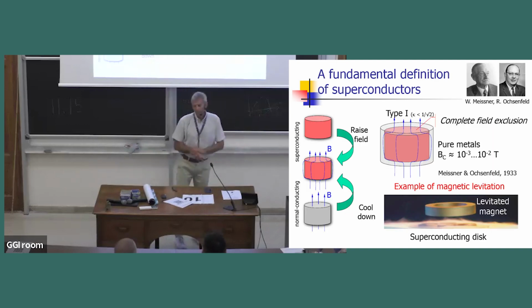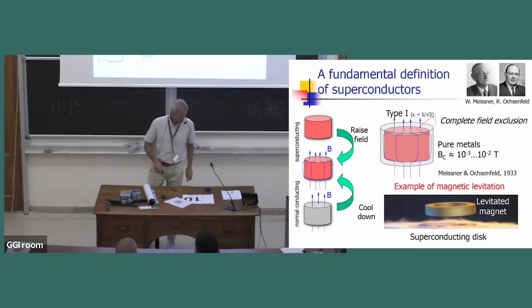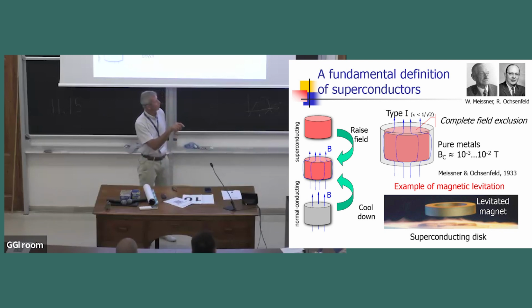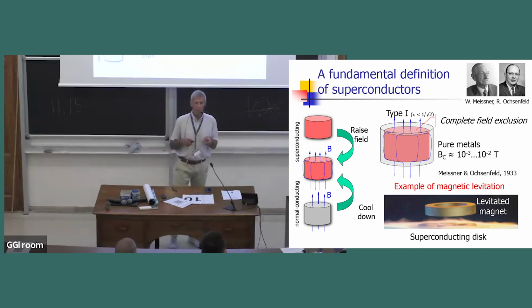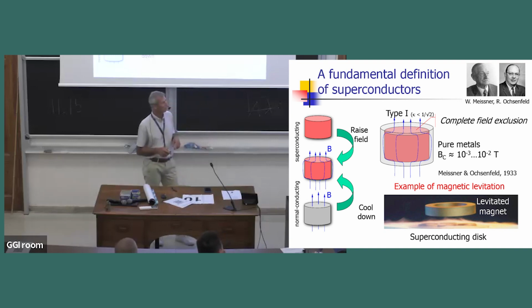All right, so we saw Tc. There's actually a much more fundamental definition of a superconductor. Contrary to a classic material, where if you change the field, the eddy currents in a conducting material tend to expel the field, so if you raise the field in a normal material, you get eddy currents and the field profile is pushed out. In superconductors, if you cool them down with a field, they also expel the field. Their lower energy state is the one where they see no field. And this was a discovery of Meissner and Ochsenfeld in 1933.